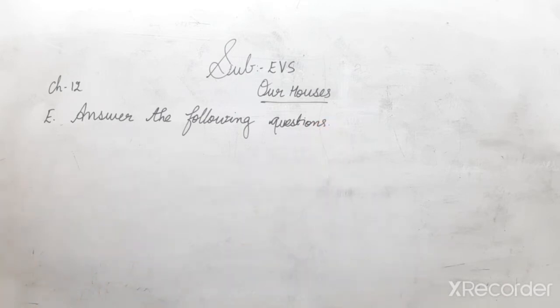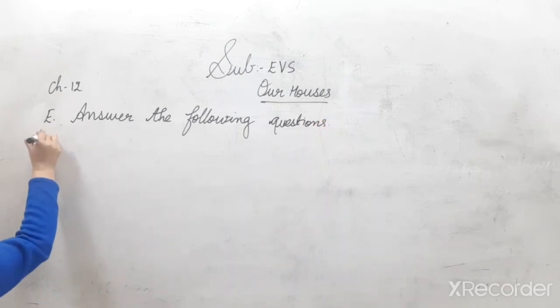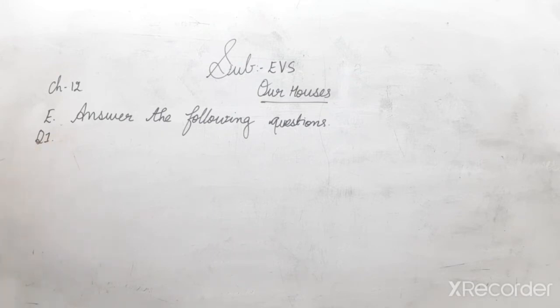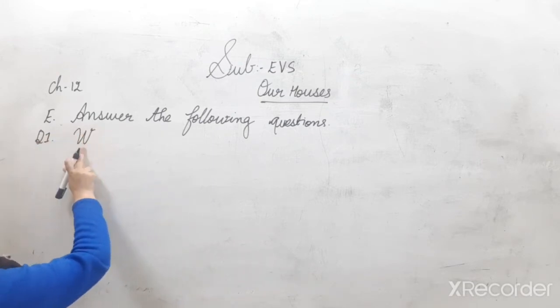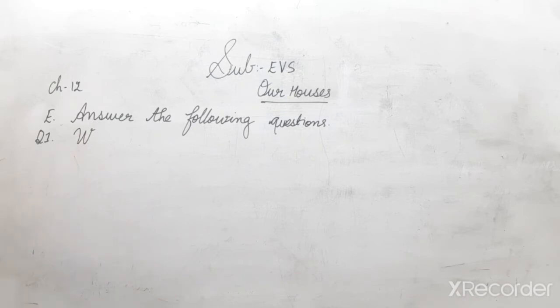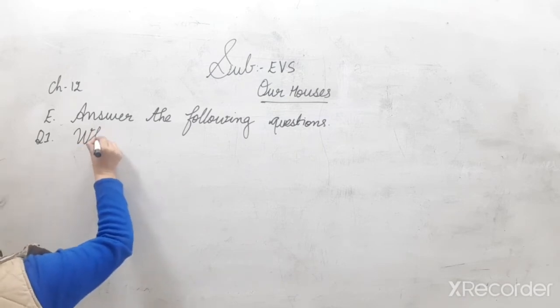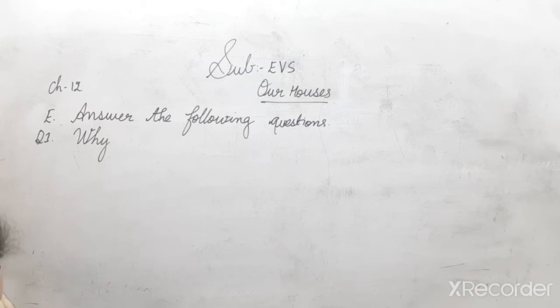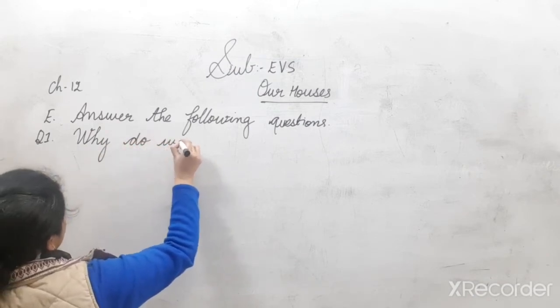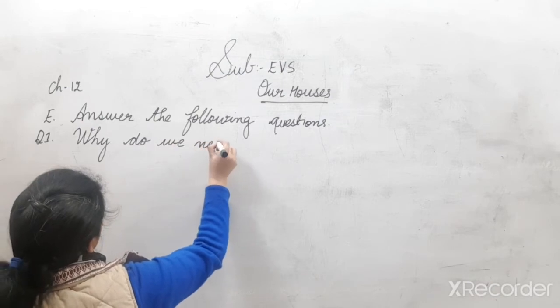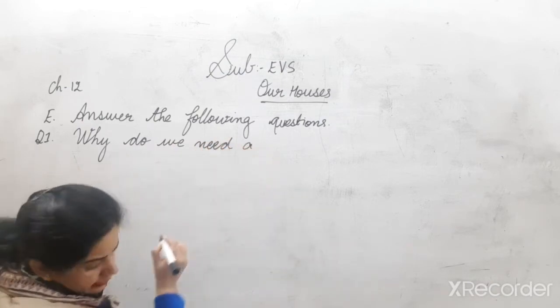Okay, answer the following questions. So, question number 1 is why. Now, for W, you have to touch the tree line. Why do we need a